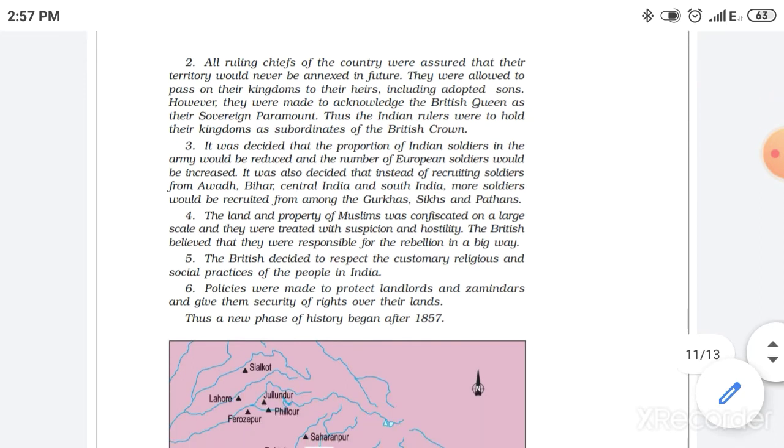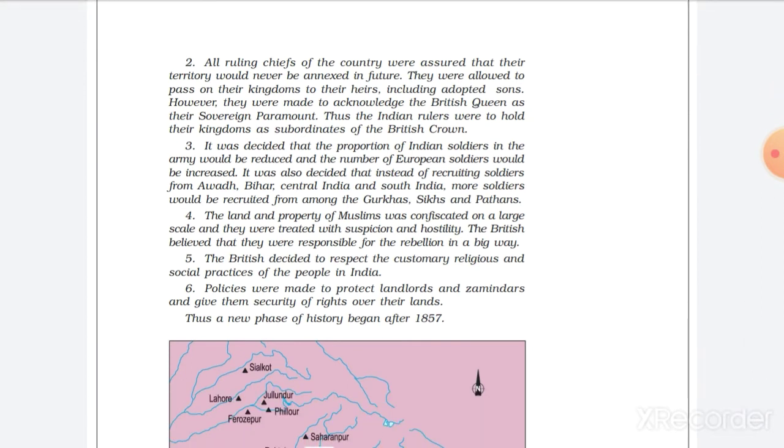Now the second point is clear. Now the third point. What is the third point? Here it tells about Indian soldiers. First, why did the 1857 revolt rise? It rose because there were Indian sepoys in the British army, and those sepoys were upset about the way they were being treated by the Britishers or the company. So that is why